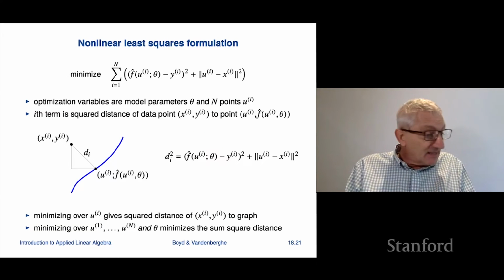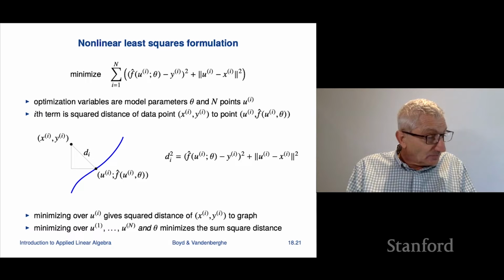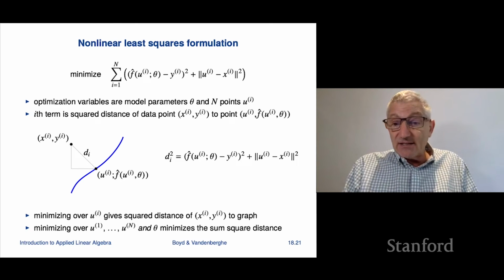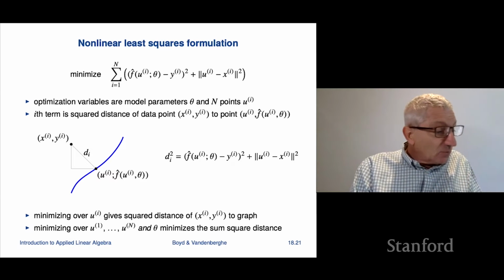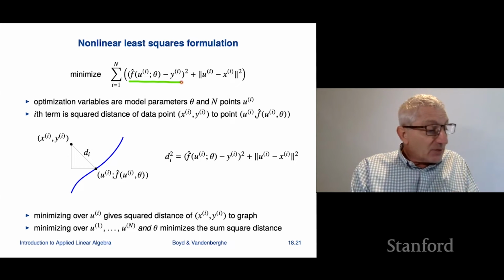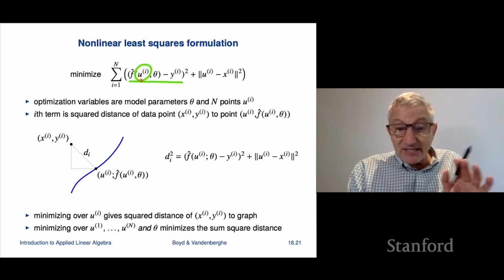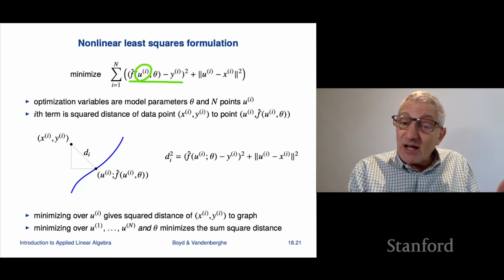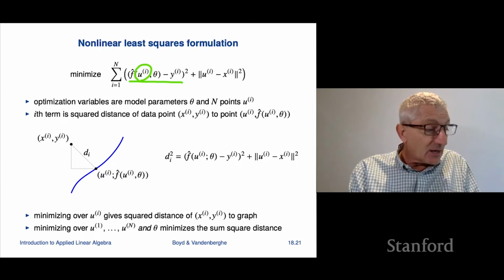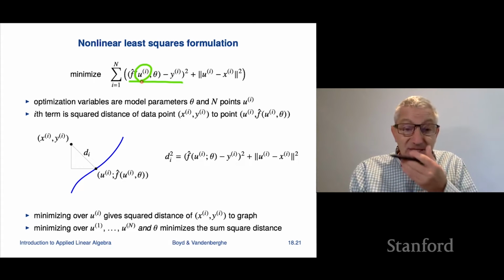So that looks like this. We'll write it out as a nonlinear least squares problem. What we'll do is take the difference in the y's, but evaluate it at a ui. ui is going to be a variable. Like I said, if you insist ui equals xi, we're back where we were before. But what we're going to do is allow you to mess with that,